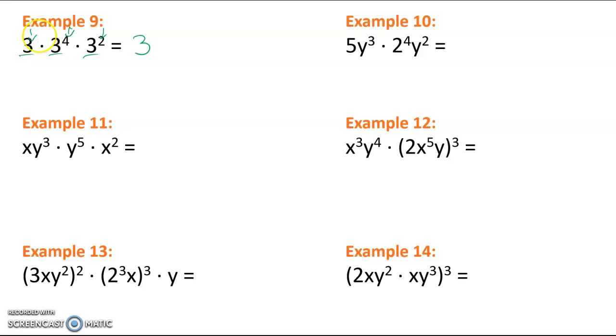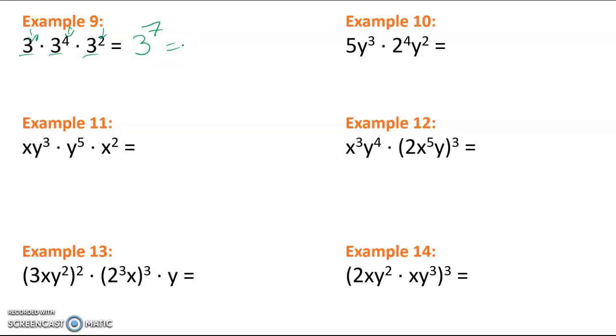Now, this is something kind of important here: if you have a base, whether it's a number or even a variable, like we get down here to example 11 or 10, if there's no exponent there, we treat it like it has an exponent of 1, right? We don't treat it like an exponent of 0, we treat it like an exponent of 1. So all we do there is add the exponents together. So it's just going to turn into 1 plus 4 plus 2, which just gets us 3 to the 7th,